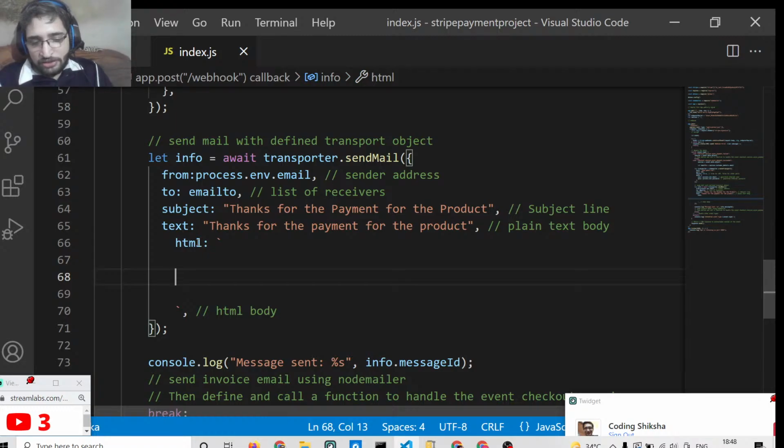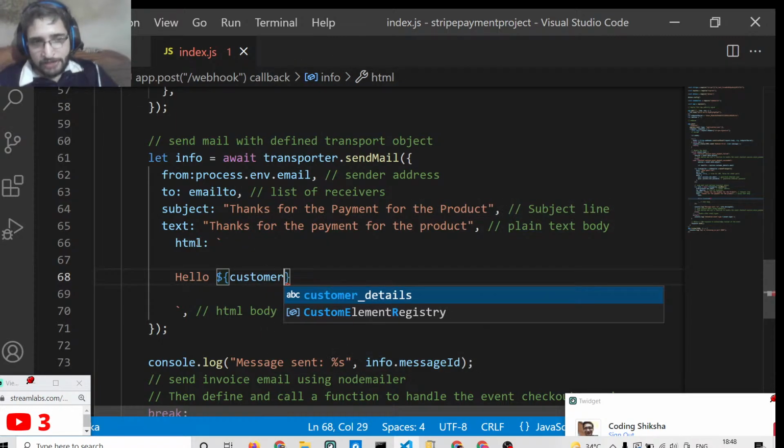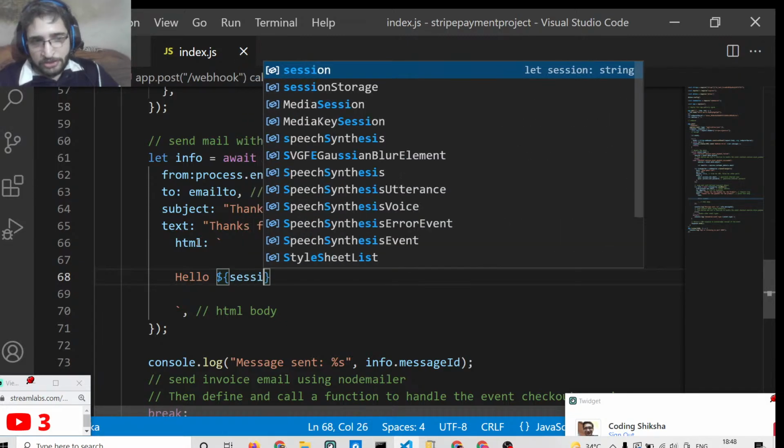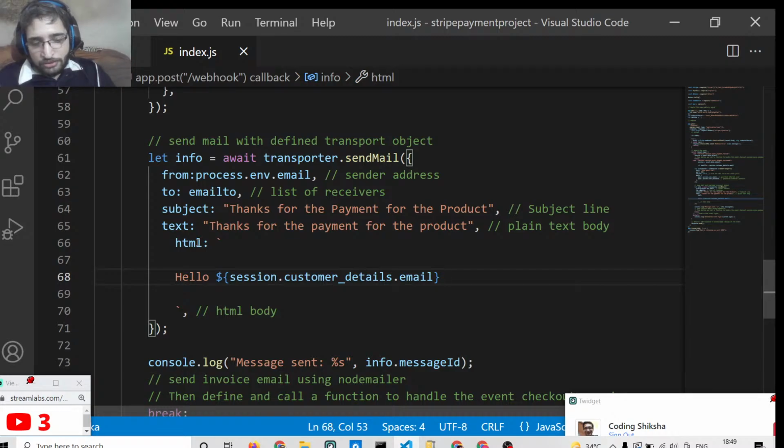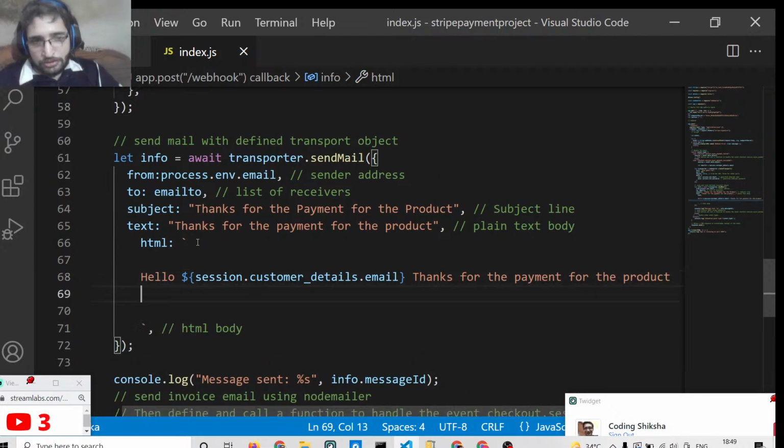So inside this we can simply say that hello. After that we can replace the name by the email address of the customer, sorry, this is present inside session.customer_details.email. So hello followed by the email address, thanks for the payment, and then we can say for the product, and then we can simply say that you can download this. Here is the link of the product